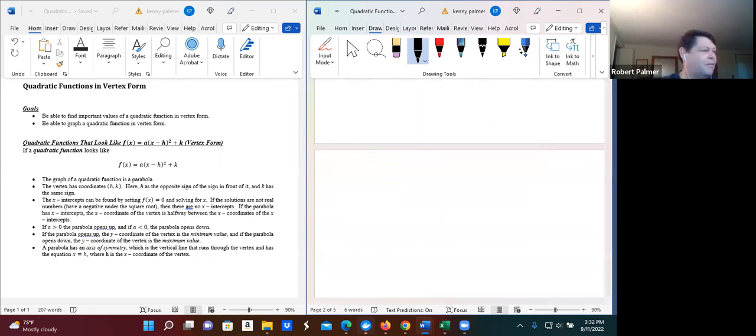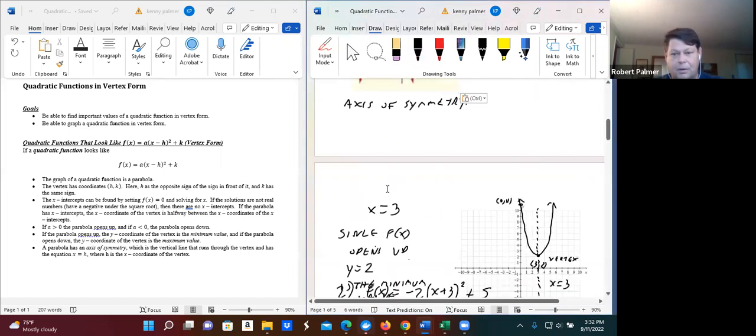Now, let's look at one more example. And this time what we're going to do is go backwards. We're going to start with a graph and then make sure that we can,